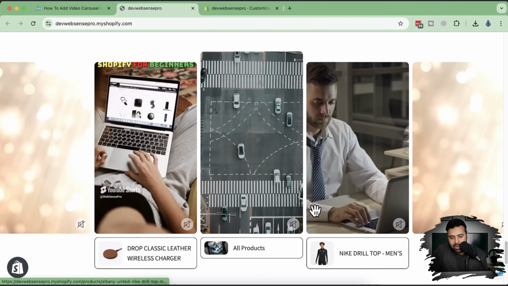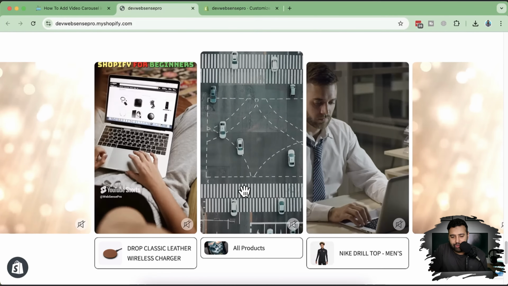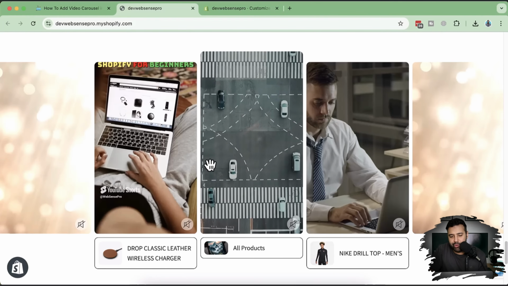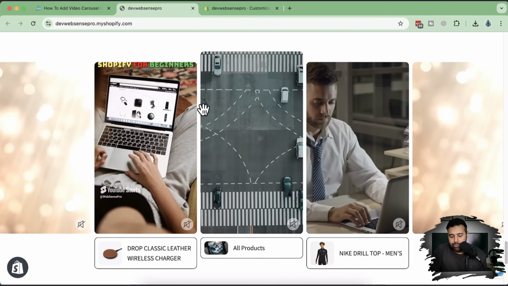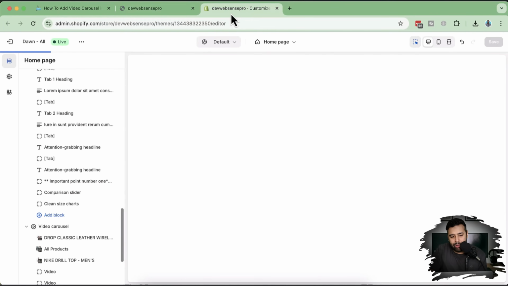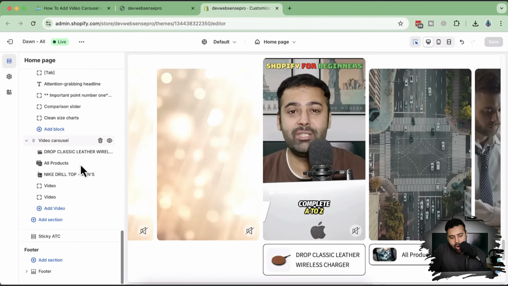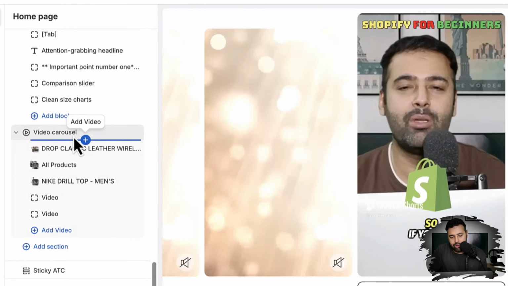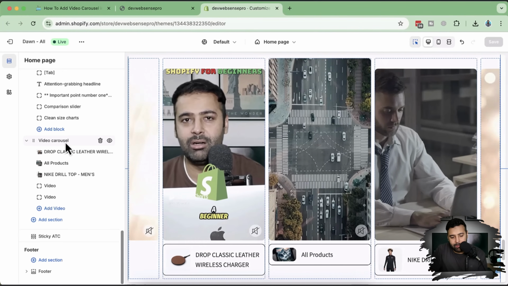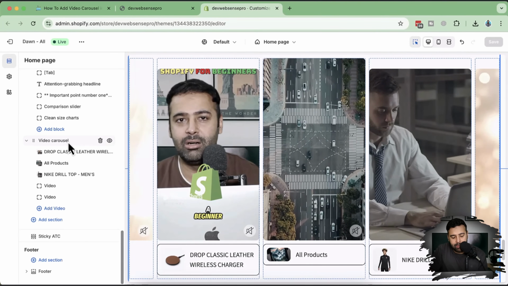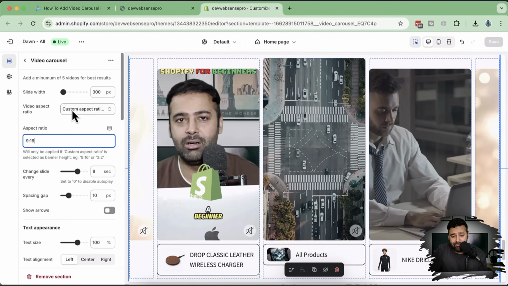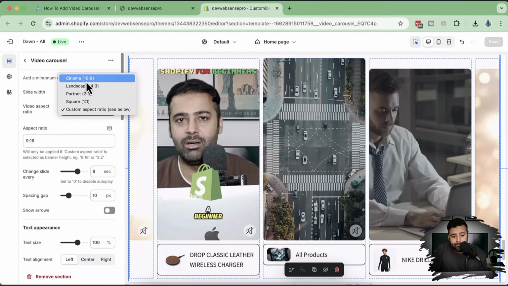We can also change the coloring, and we can do a lot of stuff using the customized settings. You don't have to play around with the code. All you have to do is just add this section, which will look like this on the back end. So if I go to the back end and click on this video carousel section, which you're gonna add once this video is completed, and if I click on that, you can see I have this settings where I can